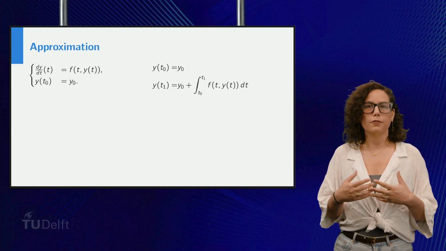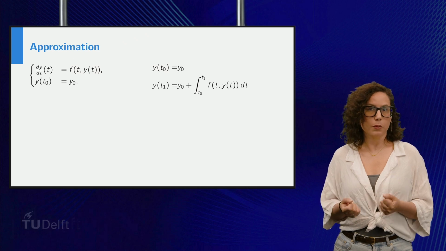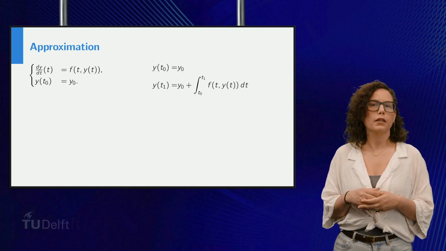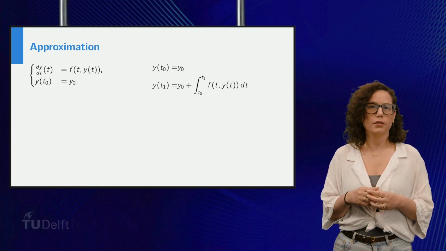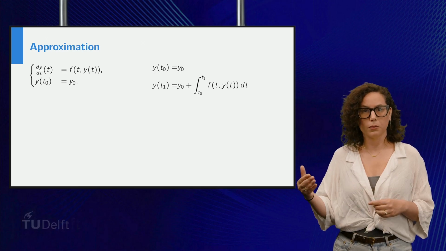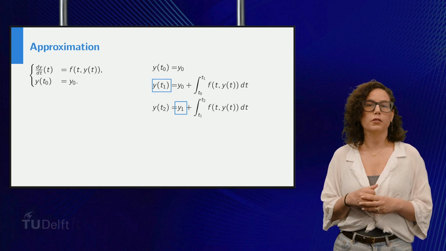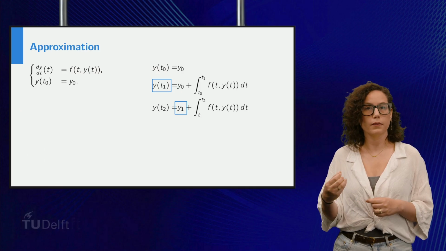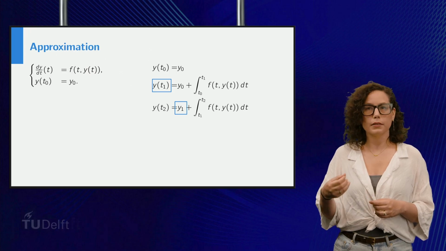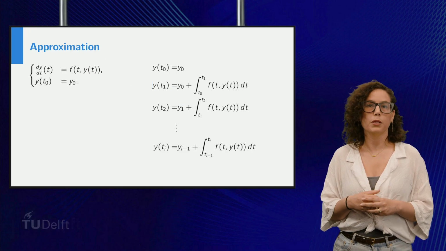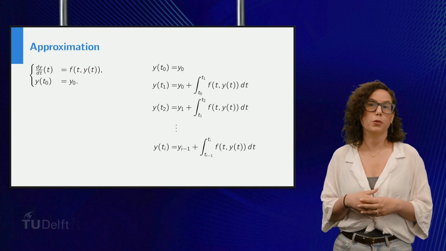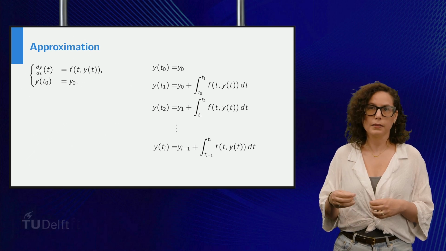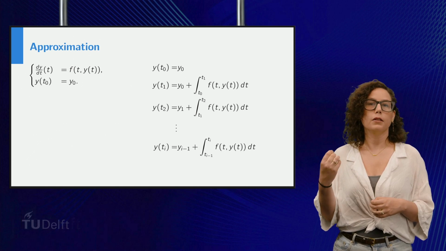Let's say you want to approximate the value of y at a second point, t2, where t0, t1, and t2 are indexed in an ascending order. Then you can repeat the process and integrate over the domain t1 to t2. You can use the approximation you found for y at time t1 as an estimate for y1. Repeating this process, the function value of y can be approximated for a given set of ordered points t1 up to tn, where each yi can be replaced by the approximated value of y at point ti.